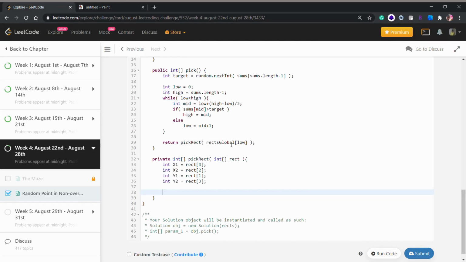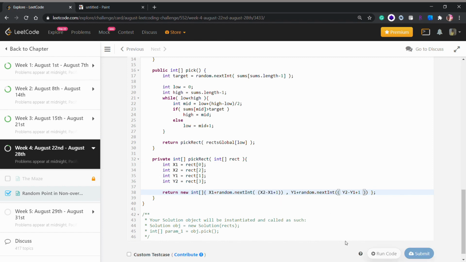So what we'll do is return a new integer array. We do not need to store it somewhere, so we will just create it while we are returning it. x1 plus random dot next int of x2 minus x1 plus 1, and now our y coordinate would be y1 plus random dot next int of y2 minus y1 plus 1, and I think it should work properly.